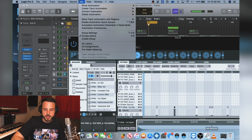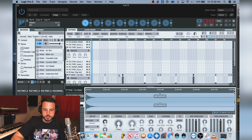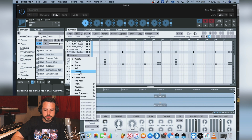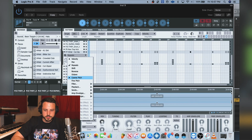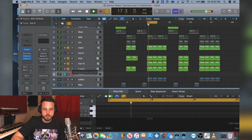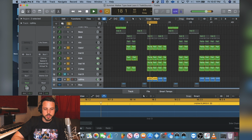Then I also added one more Geist plugin, changed the repeats and the pitches in Geist, and did a little bit in Effectrix and added this back hat. So I had this two-step hat. And I also added this